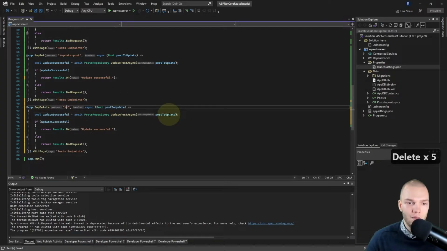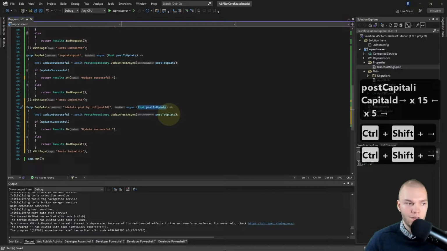And here I'll do delete-post-by-id/, and we'll take a parameter and name it post ID.